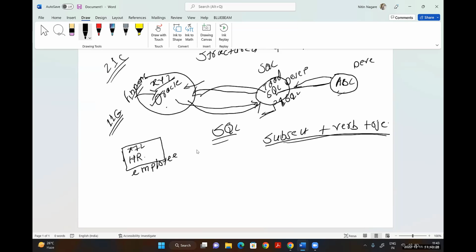Now what are fields, what are rows, we will cover at a later point in time. I'm just making you understand what is database, what is SQL and all. So this employee table has the data fields called EMP ID, suppose ename and salary, and the employee IDs 100, 101, 102. There are 3 employees, A, B, and C, and their salaries are 5,000, 6,000, 7,000.